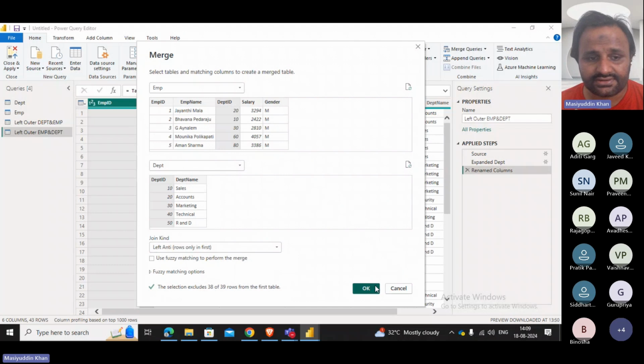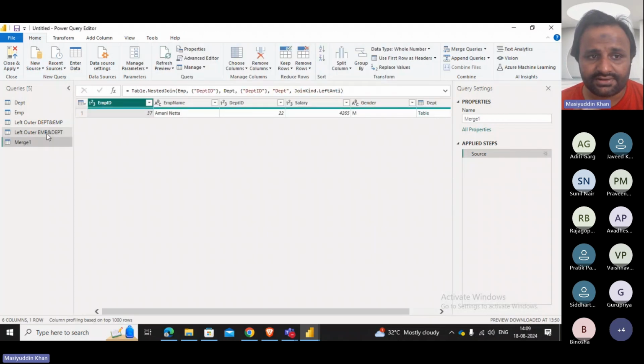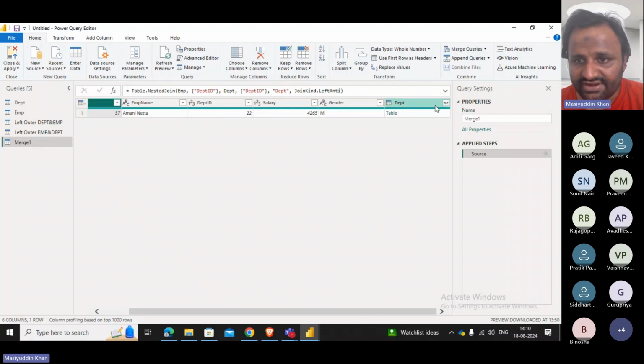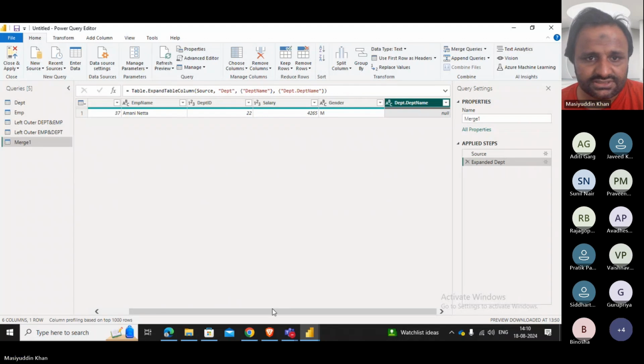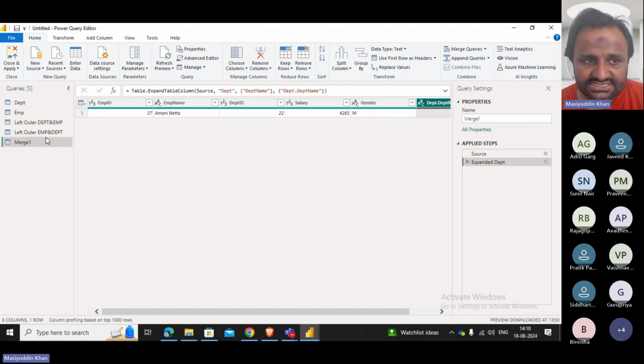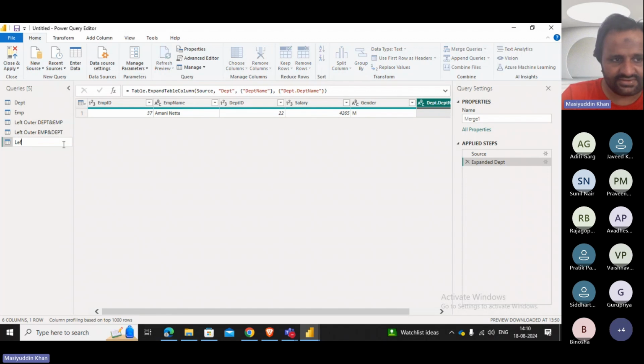If I create it with these parts, it's again going to come here in this output. So just see that this is what we created with this left anti. And from the department, we already have the department, so we can keep it as the department names. So you can see that we are getting null in this output. Similarly, if you go ahead and create this as the left anti,